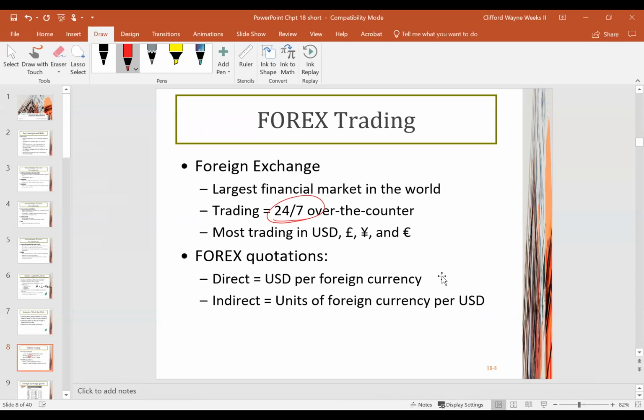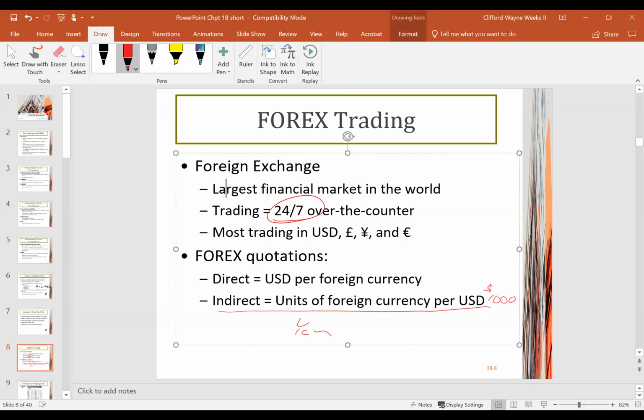However, that would be the indirect quote, the units of foreign currency. What we just calculated was the indirect, because we're looking at how many yen, the foreign currency, per U.S. dollar. And if we had 1,000 U.S. dollars,